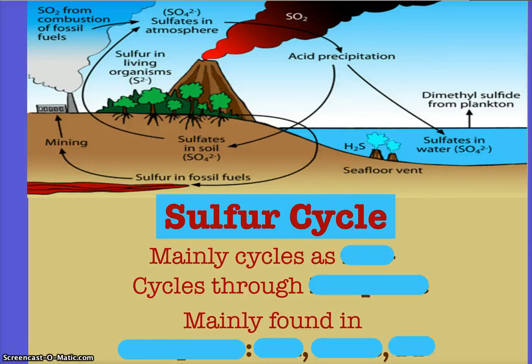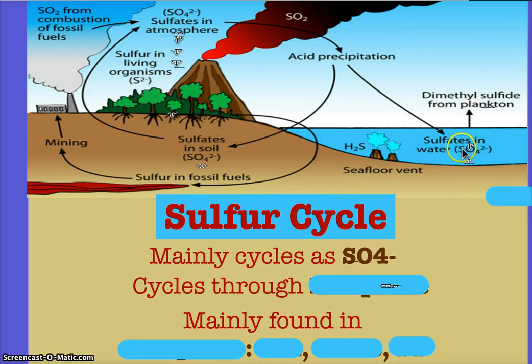Sulfur mainly circulates as what? Look at the diagram and see what compound you see most circulating through all layers of Earth. If sulfate, good job. Sulfate is mainly cycled, and it's going to cycle, as you see here, in the atmosphere,